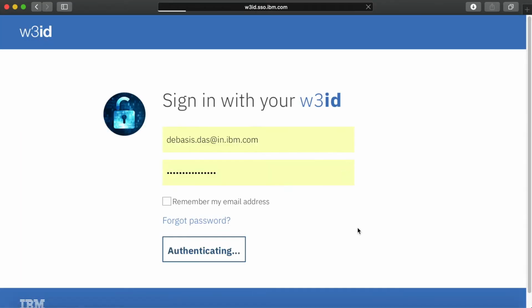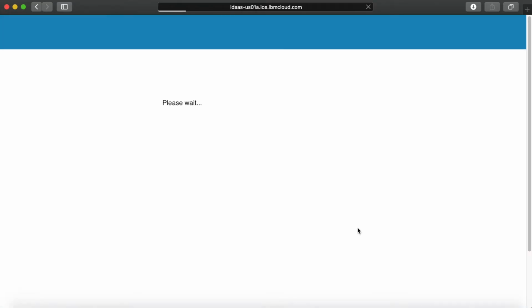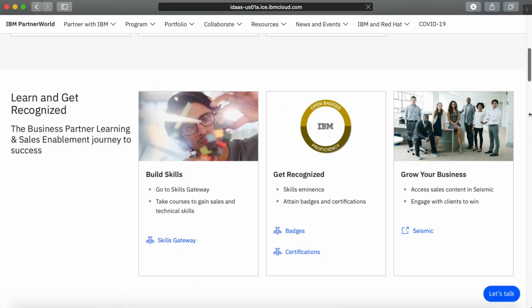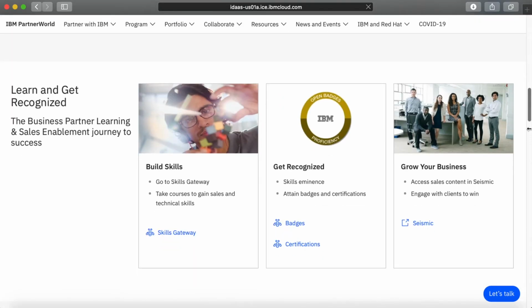The next step is to download the agent. Visit the Knowledge Center to get the exact part number that we need to download to install the ICAM agent on Linux. Download the part number from Partner World.